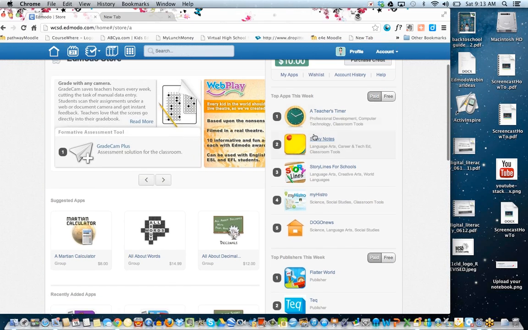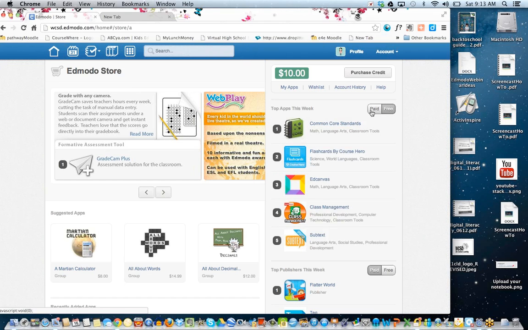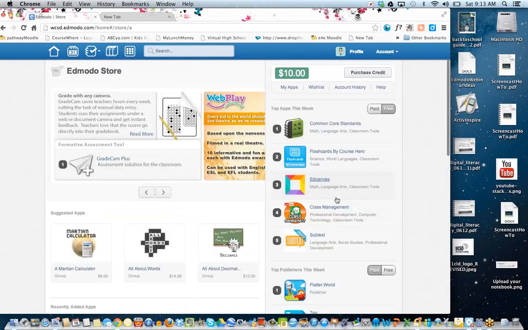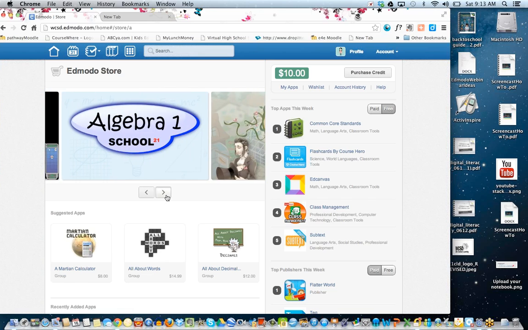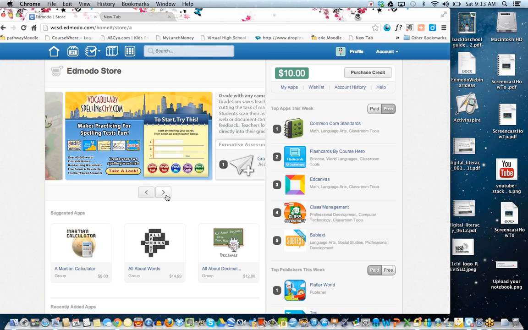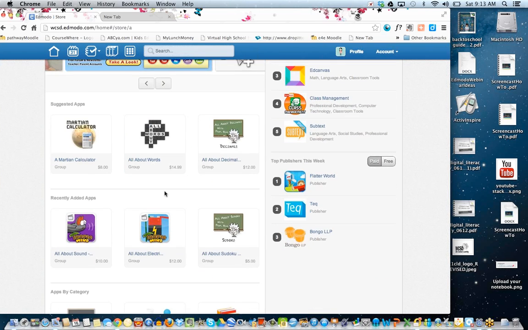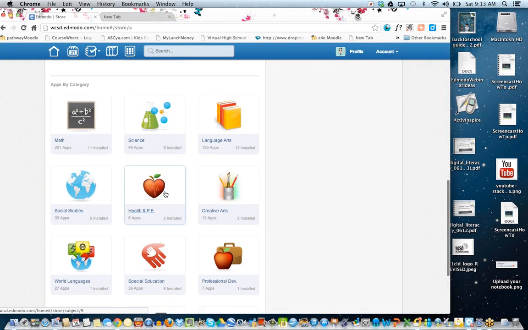Off to the side, you have their top apps of the week. And just like in iTunes, you can click on paid or free, and it sorts them by the top paid and the top free. And then you can see what their top publishers are. Over here, they've got a moving scroll of some spotlight apps that they like to spotlight. And then below that, you've got some suggested apps, the recently added apps,